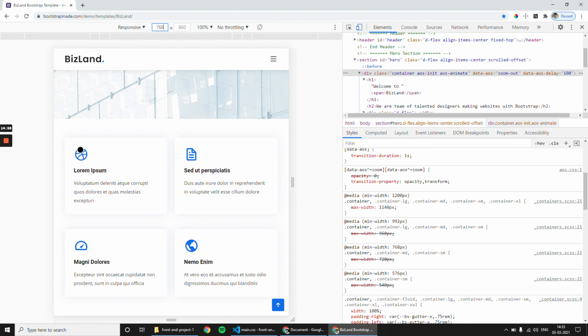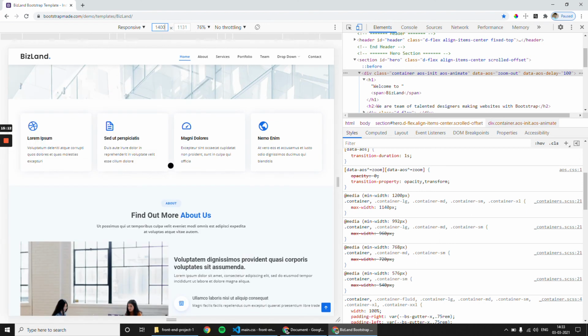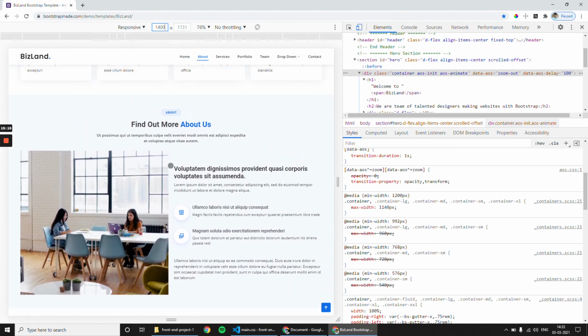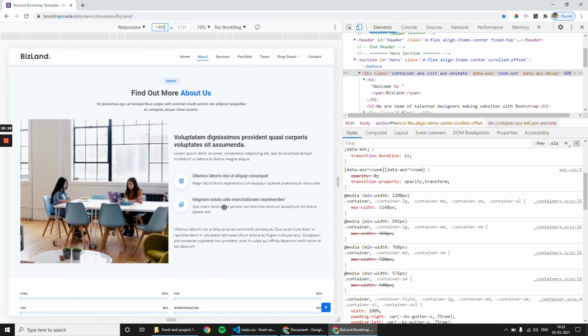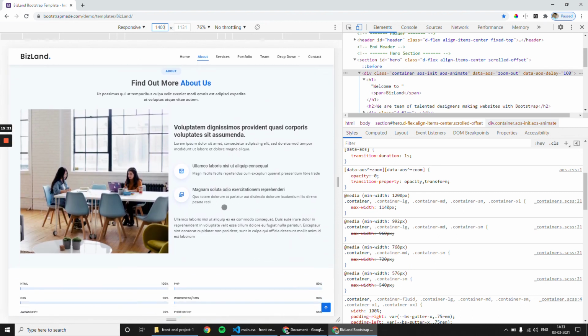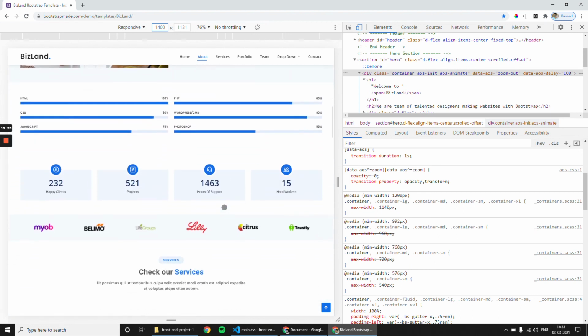Sometimes in mobile view it will be in this order, but on a large screen the icon will be on the left side and the title and paragraph on the right side. Those kinds of layouts are a little tricky, so you have to be more cautious. But this section is not like that, so you don't need to worry about it. You can try this section, or if you feel it is very simple and want something challenging, no problem, you can take some other section.